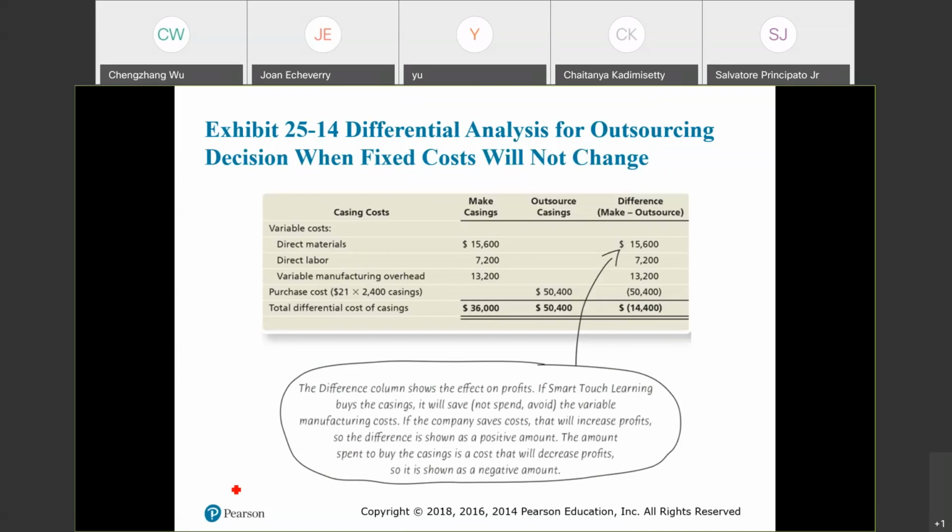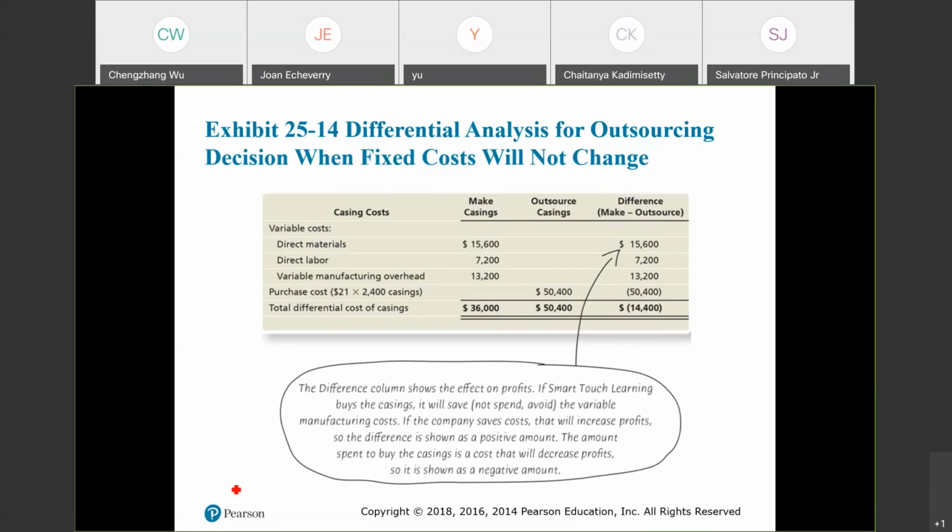That is $15,600 of direct material, $7,200 of direct labor, and $13,200 of variable manufacturing overhead. So in total, the company could save $36,000 in variable manufacturing costs,